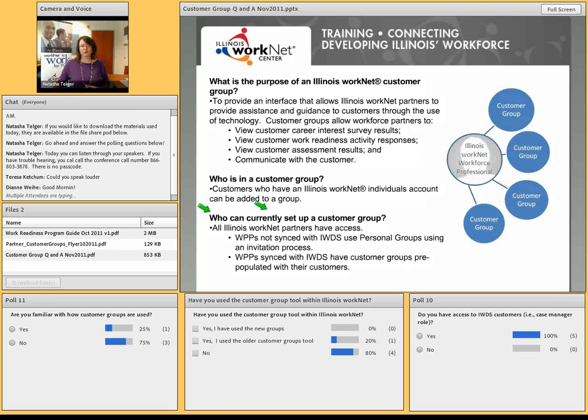So whenever we look at customer groups, we go into your Workforce Professionals Pathway account, and there's a menu item that says Customer Groups. If you haven't gone to your customer group yet, it'll ask you to activate your customer group. And whenever you do so,